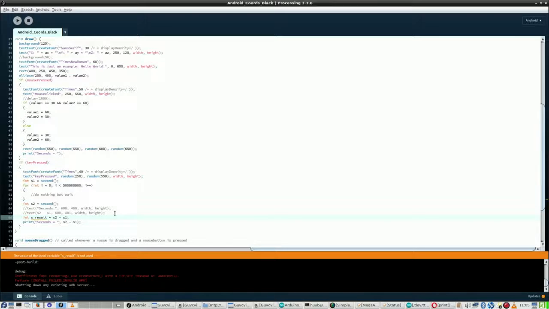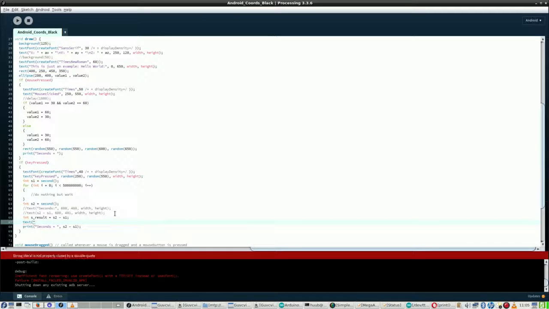I know it is not used because I am about to use it. Then I say seconds, space, quote, s result, plus